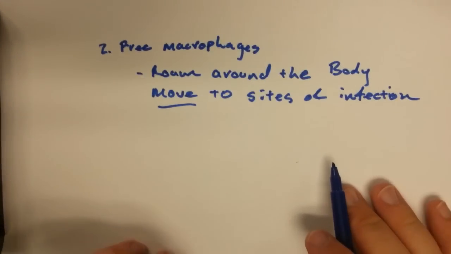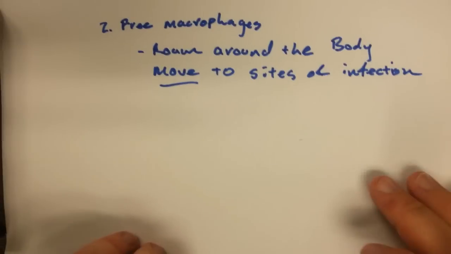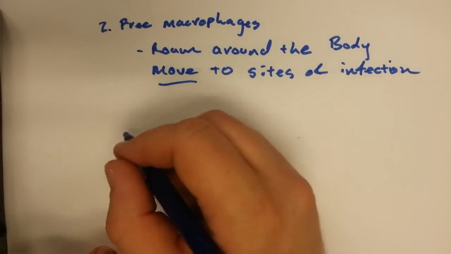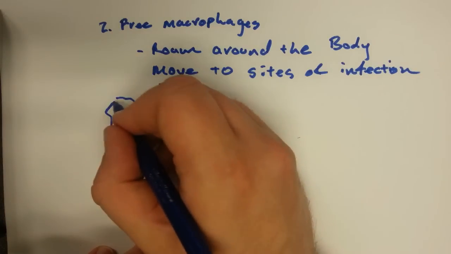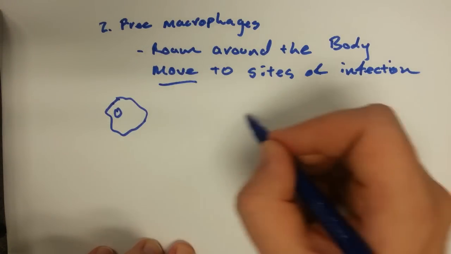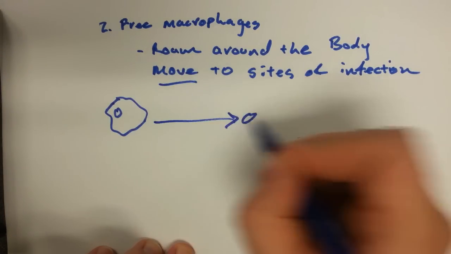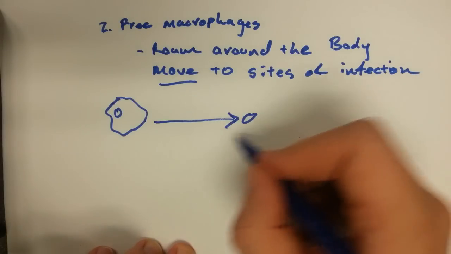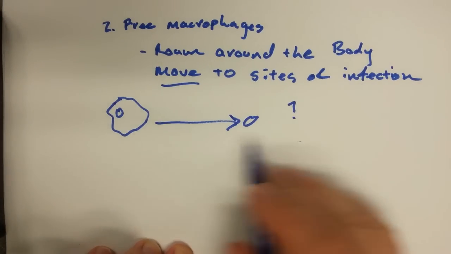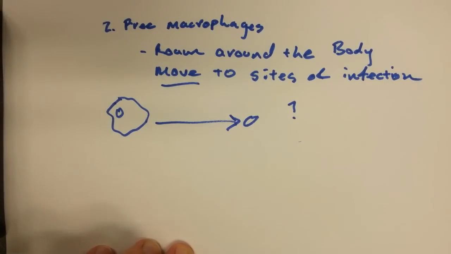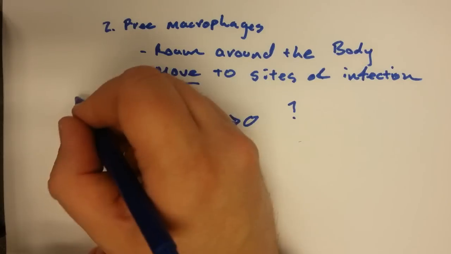So this movement is kind of interesting. So the question is, it's just this little blob of a cell with a nucleus. How do they get to move to where the pathogen is? How do they know where the pathogen is? Right? Well, there's this movement, so